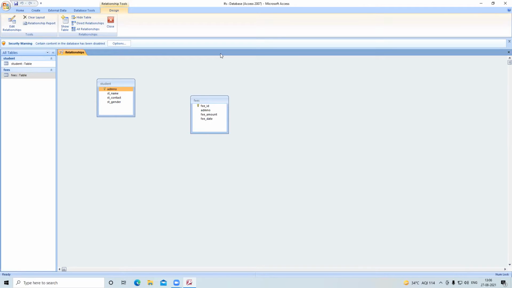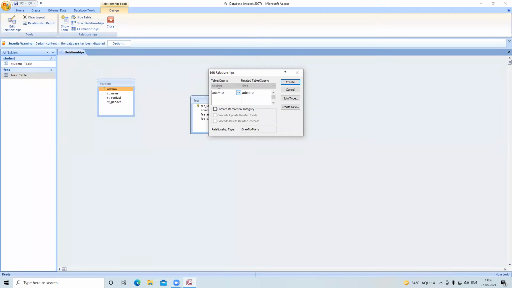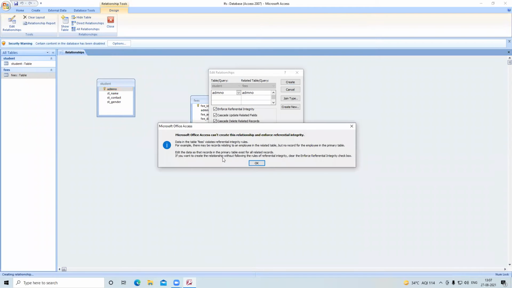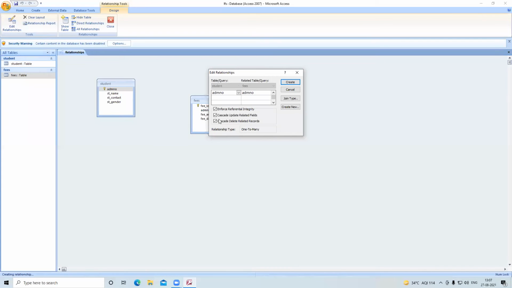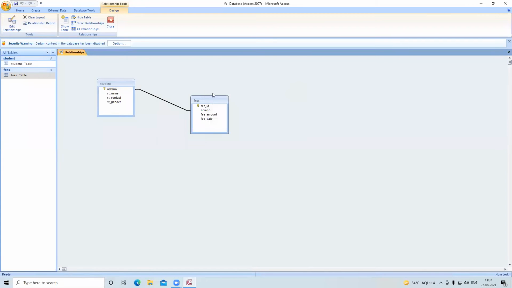So the primary key is here. Click on that and drag up to the normal key of the same field in the fees table. Look here, student admission number, fee, make enforce integrity, cascade update, and click on create. Now the relationship is created. So this is the way we can make a relationship. Clear?